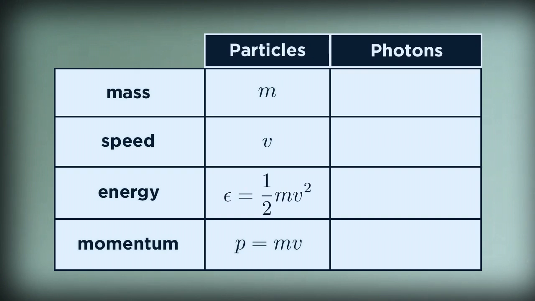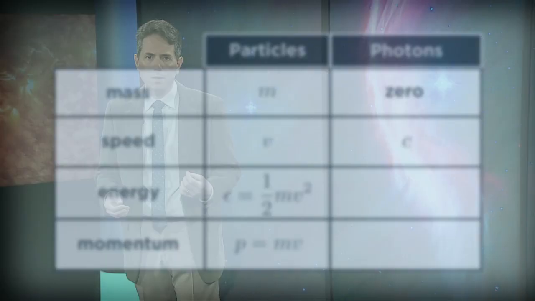Now, what about photons? The first thing to know about photons is they have zero mass. Second thing is they always travel at the same speed, c, 3 × 10⁸ meters per second. You can slow them down by putting obstacles in the way, like a piece of glass, but in empty space, photons always travel at speed c. Now here come some even weirder facts. Even though they have zero mass, photons do have energy and momentum, but the equations are different.